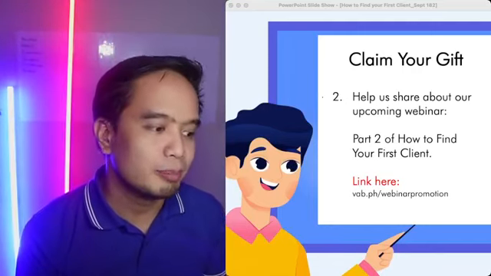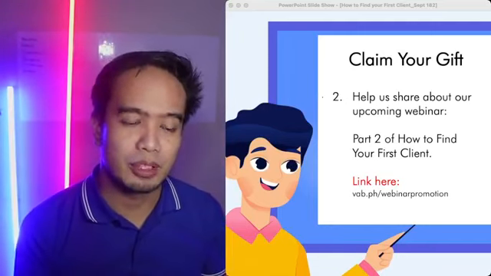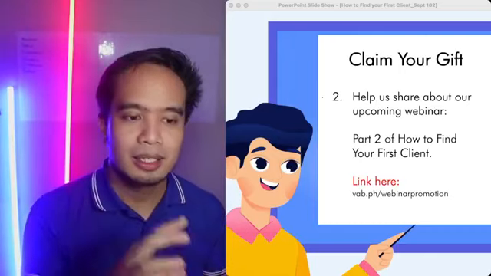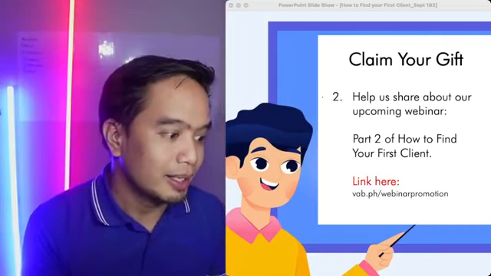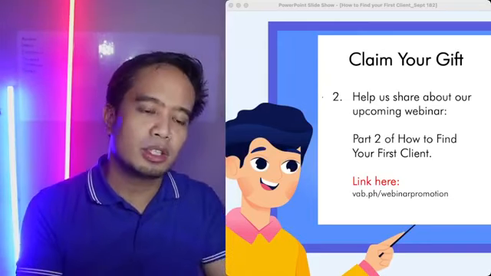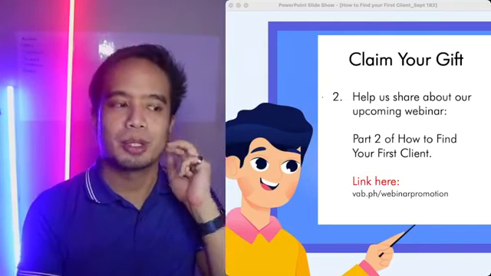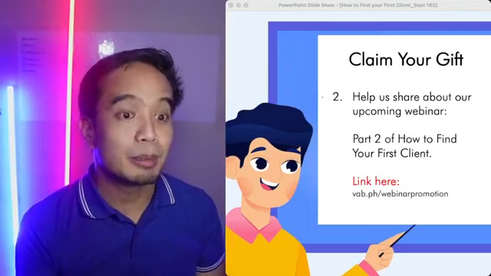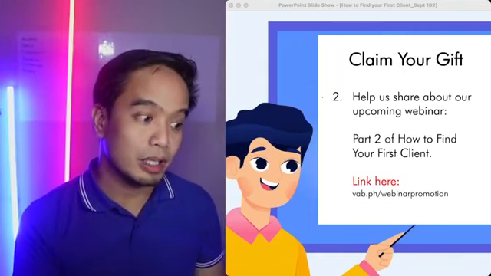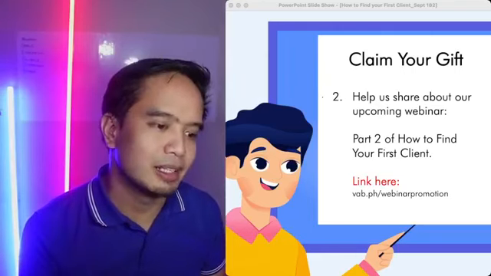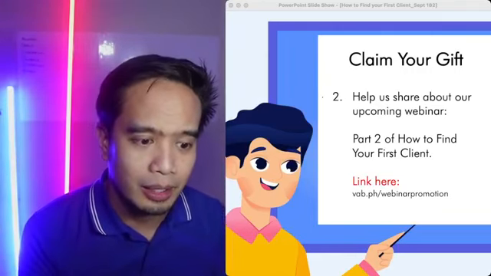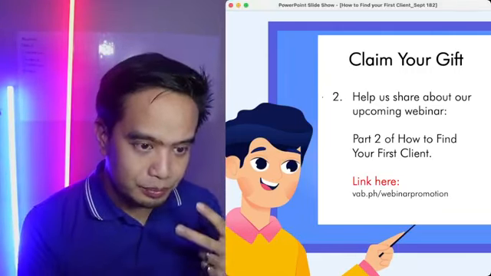You can just copy and paste it para it's easy for you. So, copy and paste the post there. Upload the picture. And then you can share about it. And also take a screenshot. Once again, you don't need to copy it verbatim. Pwede nyo babaguhin. Pwede nyo i-personalize. Walang problema dun. Pero at least may recommendation kami na script. Okay? And then we're doing this because once again, this is all free information that we're giving out.